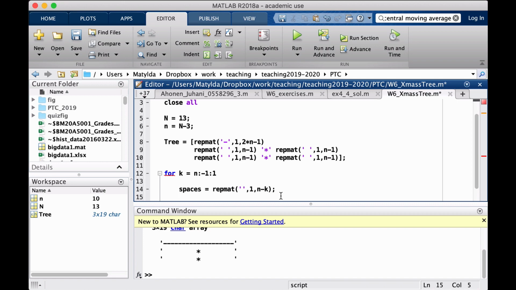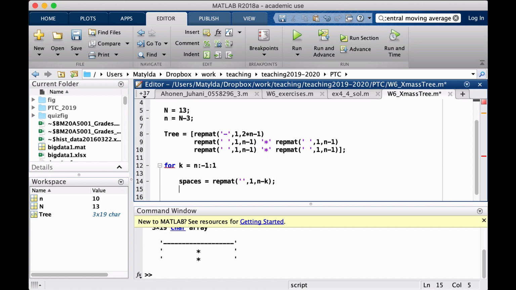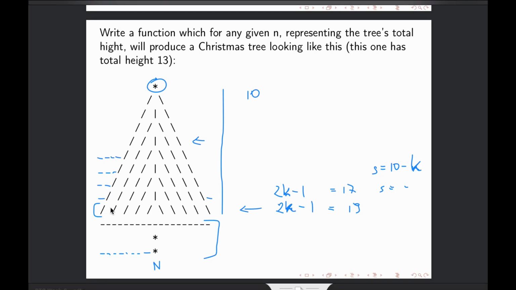Then I need the green part. And now for the green part, it really matters where we are. So are we having slash? Are we having a space? Are we maybe having the central part, which is this vertical bar? Or are we actually having backslashes, so the other way? So whether it's slashes or backslashes, that depends whether we are on the left or right hand side from the center of the tree. Now, if we think that the number of actual elements in here is defined as 2k minus 1,